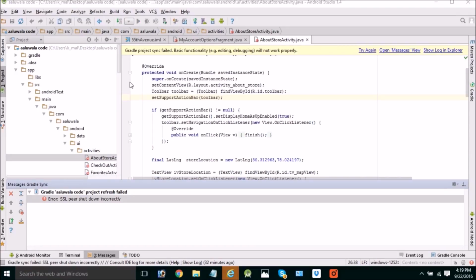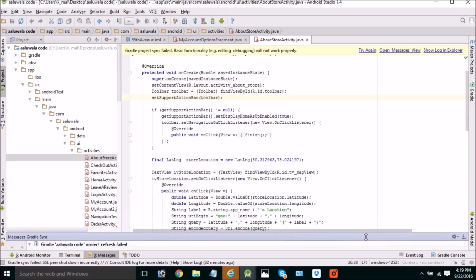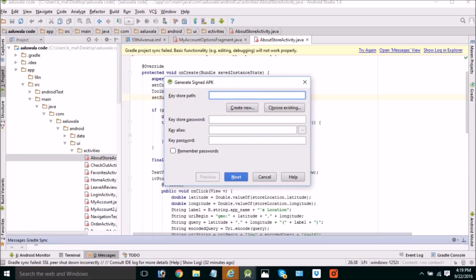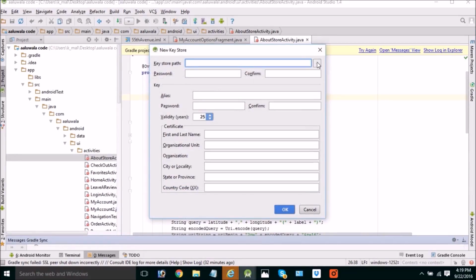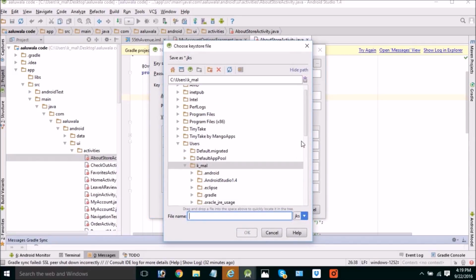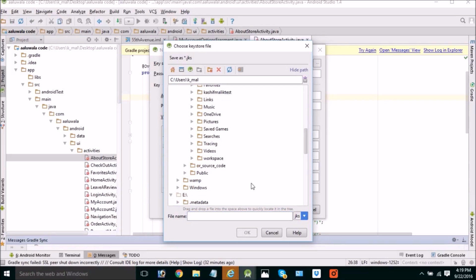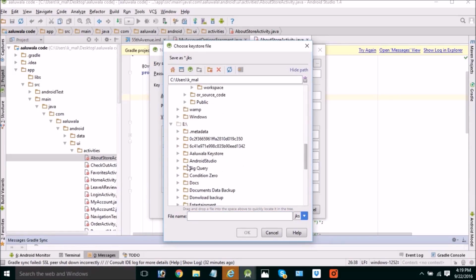Now the next part is to sign the APK, because the Google App Developer Console account will not accept an unsigned APK. So after making the application, we will go through this step where we have to choose the destination folder where the key store will be saved. And friends, do not lose this, otherwise you will be in trouble, because Google will not accept the update. Give any name to your key store.